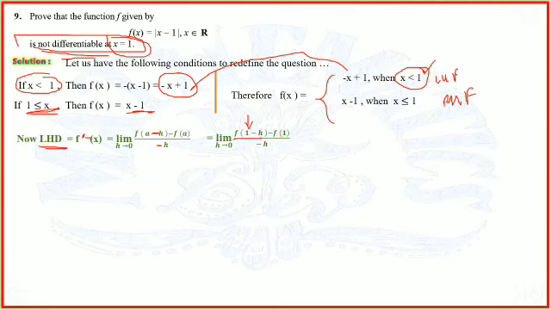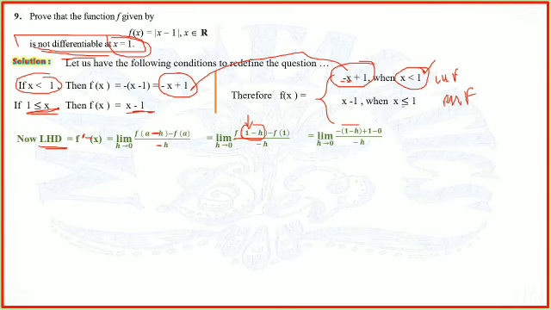Now this is the general format. We will now put the value of the function from here. f of x in case of the left hand function is minus x plus 1. So this is equal to limit h tends to 0 of minus, and this is x. So x is minus x, this is 1 minus x, so x is 1 minus h. So minus times 1 minus h plus 1, and then minus f of 1.